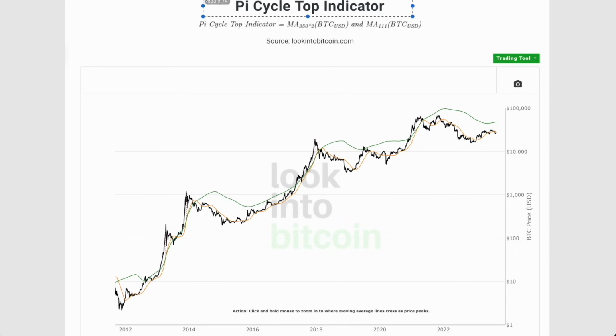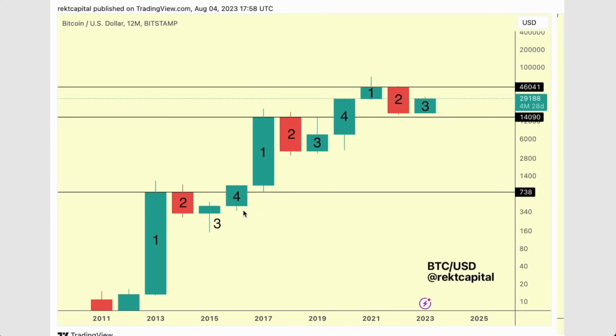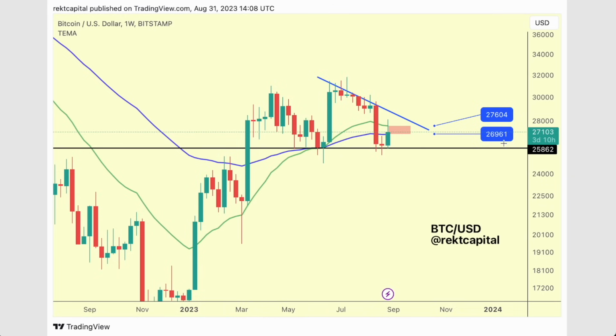In today's episode, we're going to be focusing on the Pi Cycle Top Indicator and dissecting three particular periods in the Pi Cycle Top history and parlaying that in with the 4-year cycle, trying to see and understand the similarities in Bitcoin's price action and parlaying those similarities and recurring themes in the Pi Cycle Top Indicator in today's price